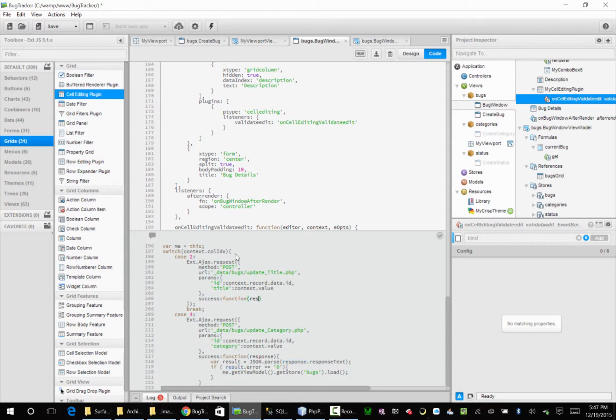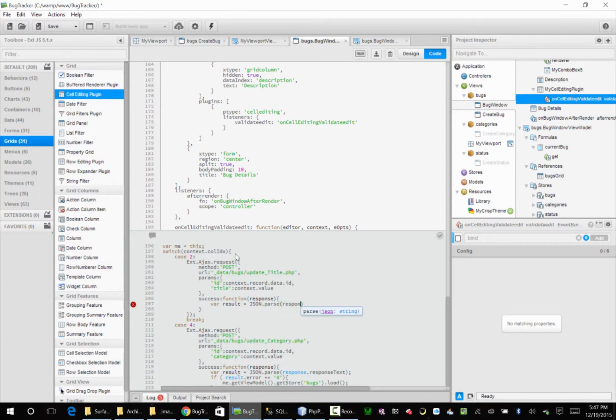That's going to be a response, and then you're going to say var result equals JSON.parse response.responseText